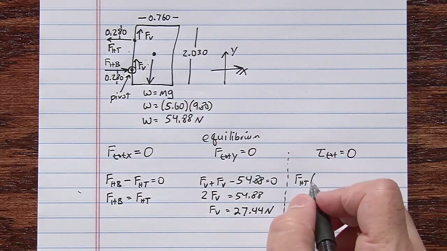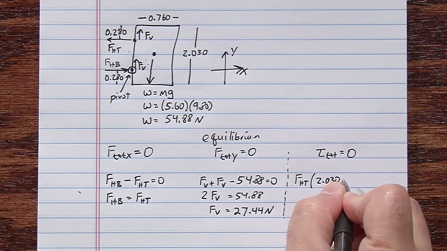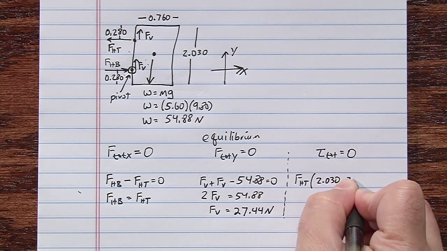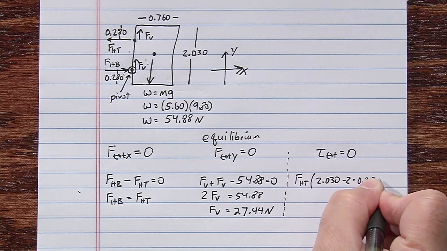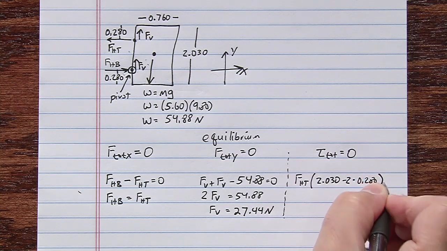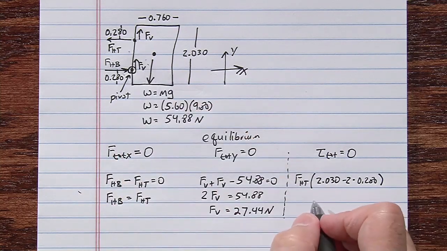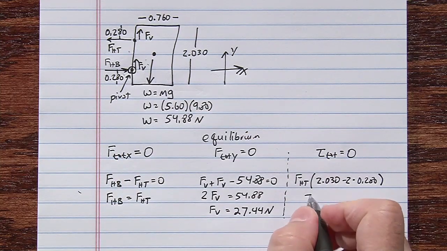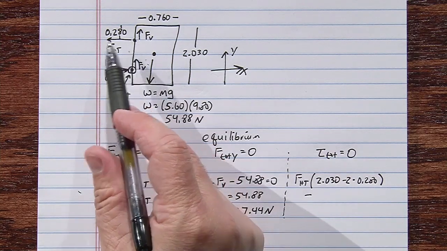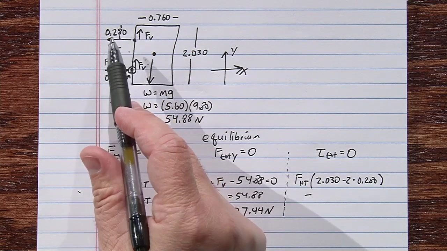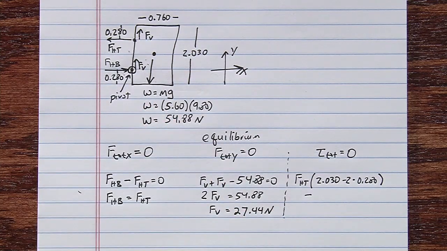So that would be 2.030 minus 2 times our 0.280. That is this separation right here. Times the sine of the angle between this force and the direction to the pivot, and so that would be sine of 90 degrees, which is 1, so I'm not going to write that, minus